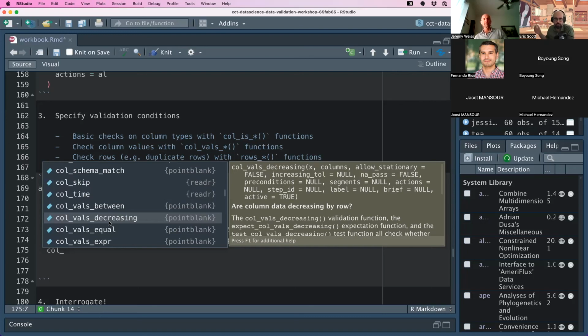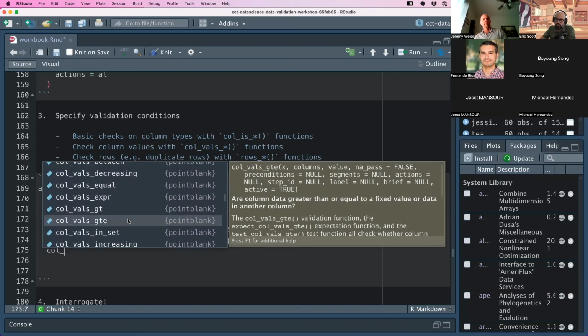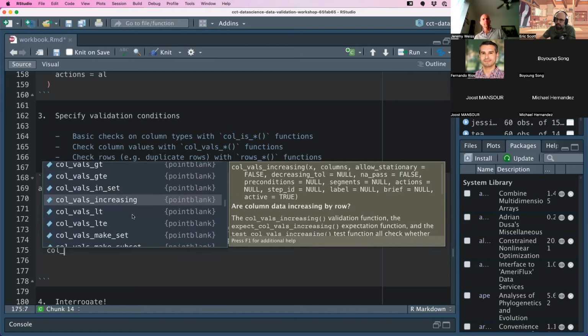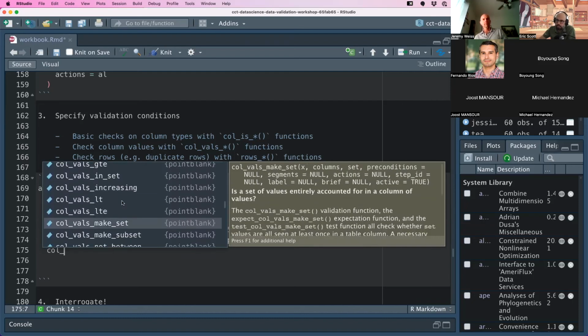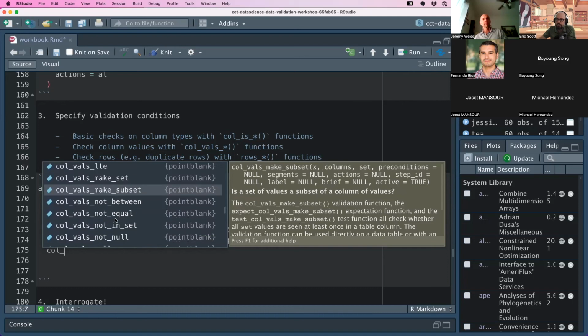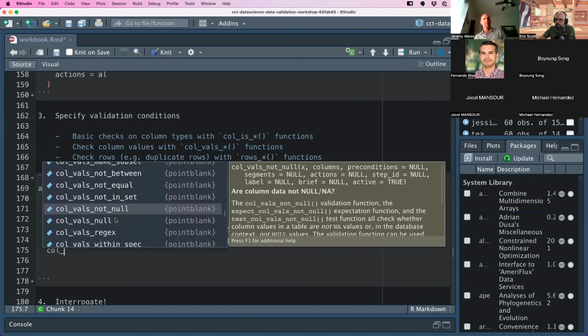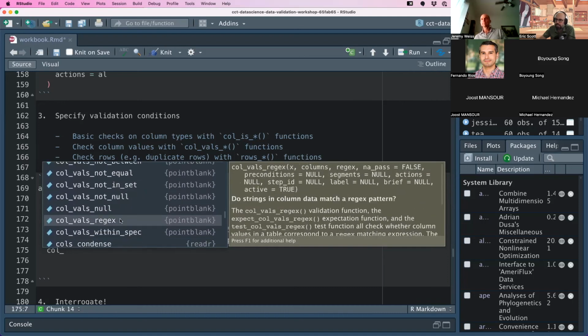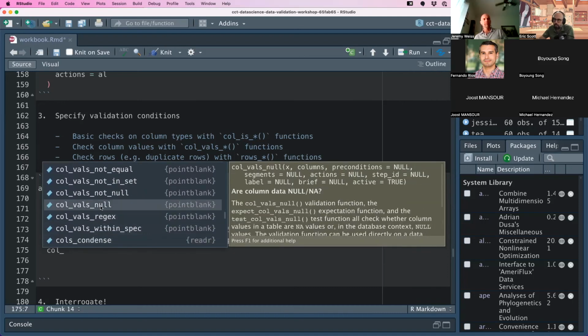If it's impossible for a plant to shrink in size, then you might sort by date and then check that the values are decreasing or increasing. Less than or equal to. So there's a ton of options here, and the documentation is really nice. So if you want to see more about one of them,